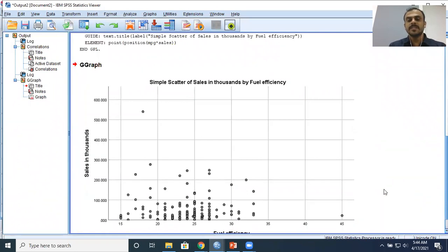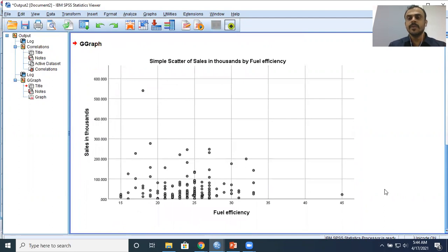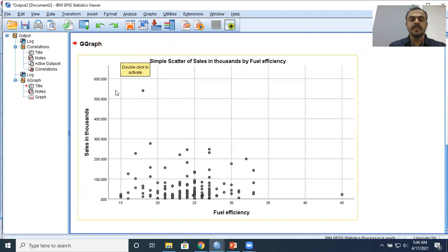We all are familiar with a scatter plot. You don't need me to explain a scatter plot. I've got y-axis from 0 all the way up to 600, this is my sales variable, and the x-axis from 0 all the way up to 45, I have fuel efficiency. Now, what do you observe when you look at this data?